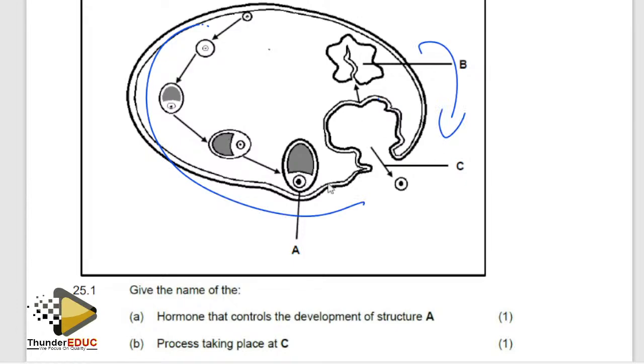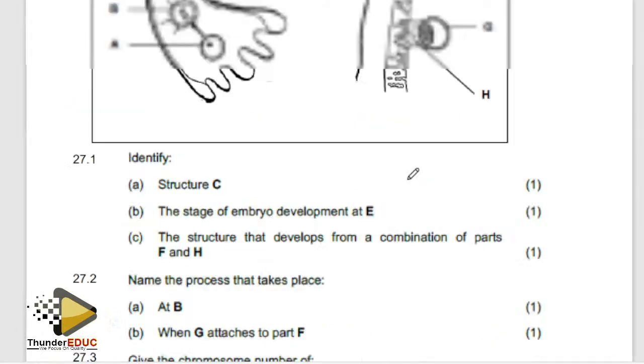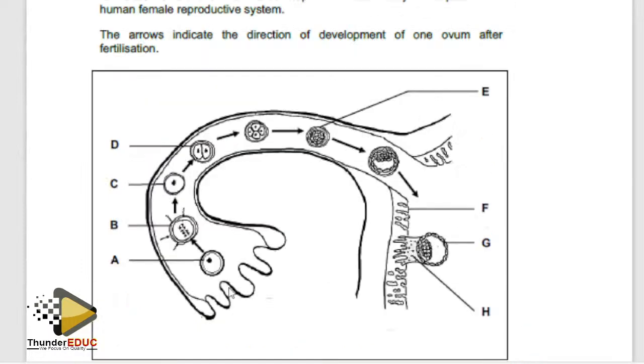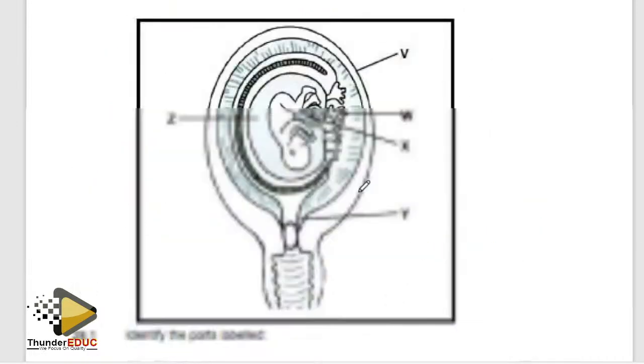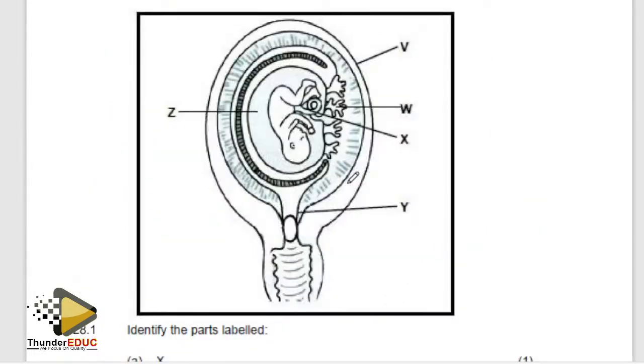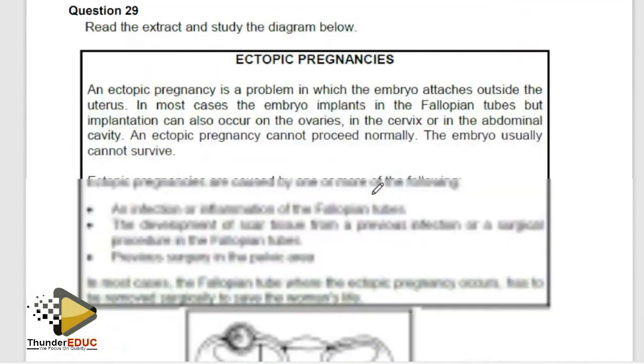So, guys, you will answer these questions. Last time when they brought this, people failed. So this is the ovum, but this is fertilization. This is a zygote. These are 2 cells, these are 4 cells, while this is a ball of cells, which is called a morula. So yes, this is the amniotic sac, we also talked about the placenta. This is the outer layer, which is called the chorion.